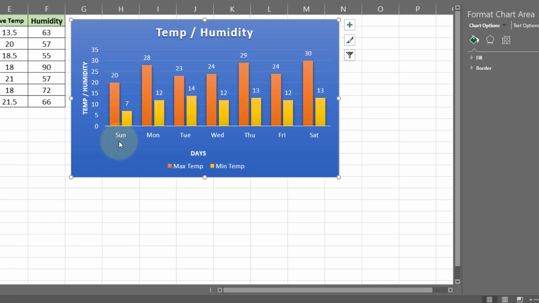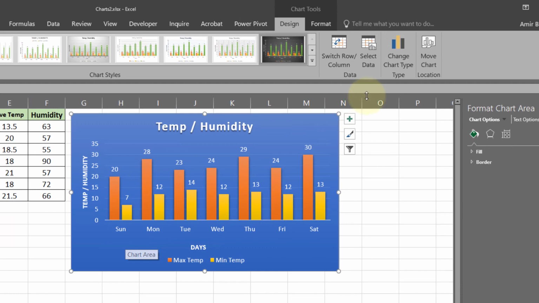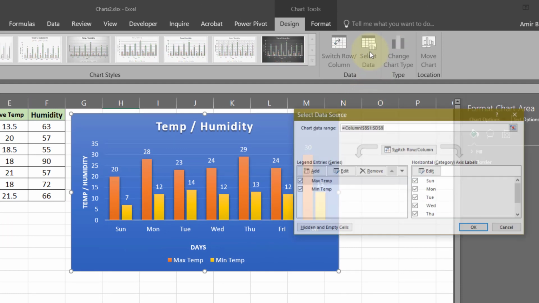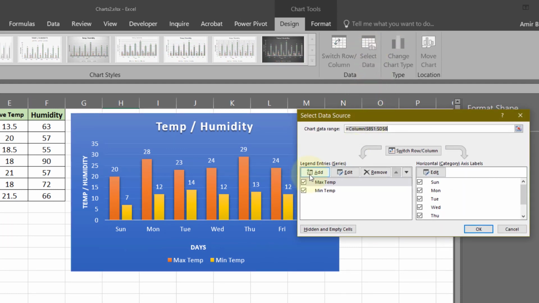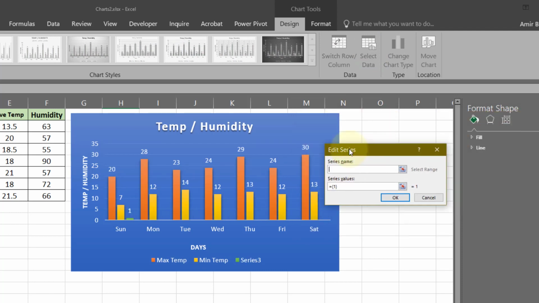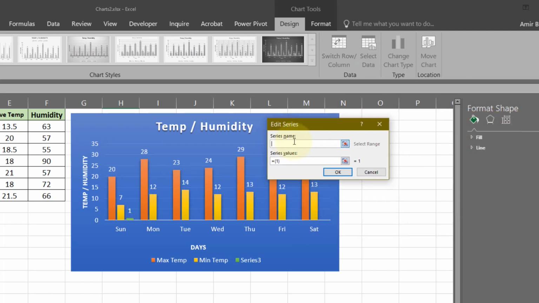Okay, in another case maybe you want to add one more column to it. Let's say we want to add the humidity column or humidity data to this chart. So you can again come back here to select data and here you have the option of add. We click this. The first option here is asking you the series name.